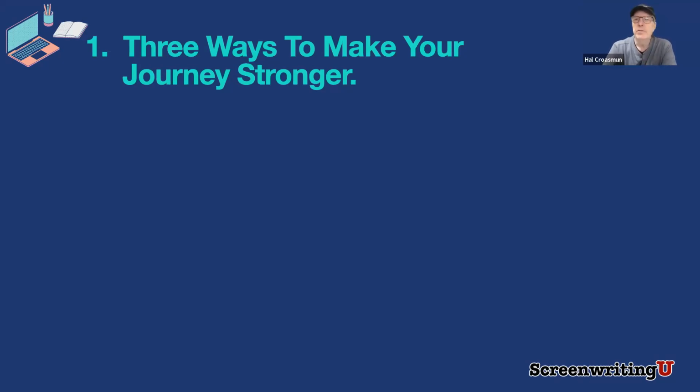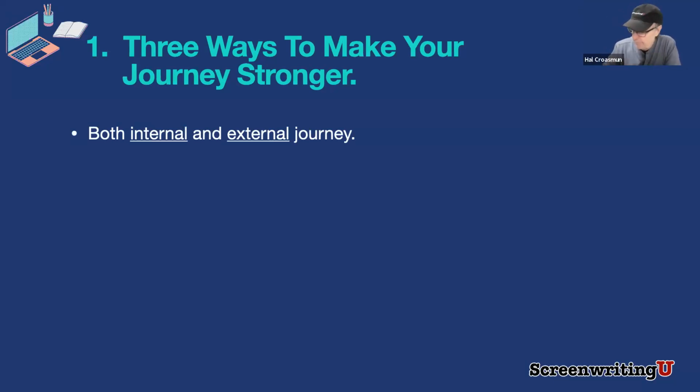And the reason for this is because if you have a strong journey, your audience joins in the beginning and they go all the way through with you because they're connected, right? They're on that journey. They want to know what's going to happen, right? So they're going to go with you all the way through. If you have a journey that has problems, somewhere along the way, they're going to get disconnected and they're going to be gone. So first thing, check to see, do you have both an internal and an external journey?